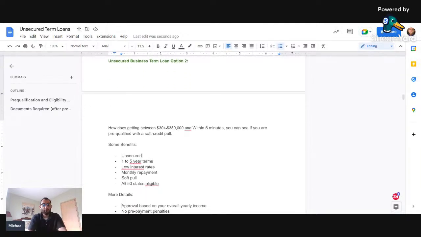This is unsecured financing, which, if you didn't get, is where you don't have to offer up collateral to receive funding. And again, no assets, no home on the line, none of that. Over here, you get 1 to 5 term years, okay? Now, if you've seen my other content, you perhaps heard me say you can get between 1 to 2 years, 1 to 3 years at most in some cases. Other ones, I said 2 to 10 years, but that 2 to 10 year is a little bit more difficult to get. It's kind of been removed in a way. But just keep in mind, when I say 1 to 5 years here,